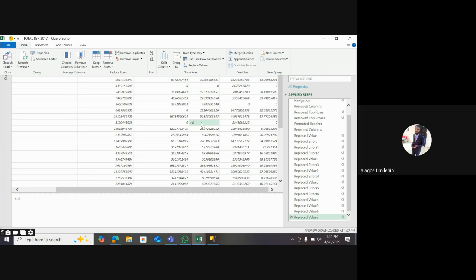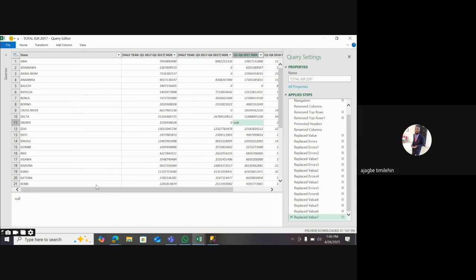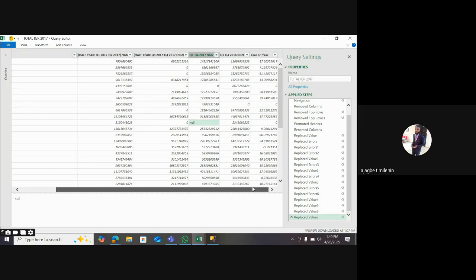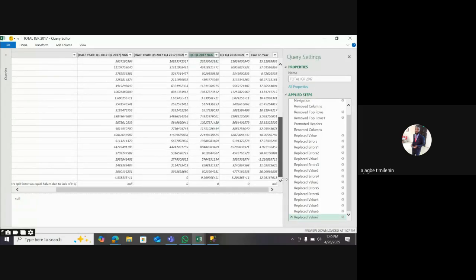So now this one that refused to be replaced here, all I will just do is load it, and when I get to my Excel, just remove it. Just make sure your data is clean, that's all. So it's only this one that I'm having issue with. In this case, we still have other things. If you check the bottom,